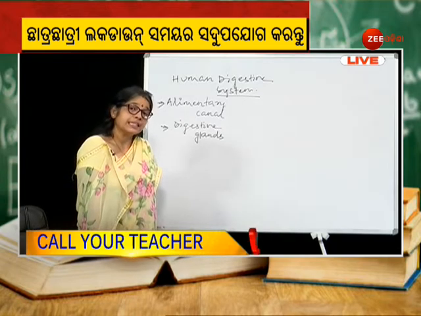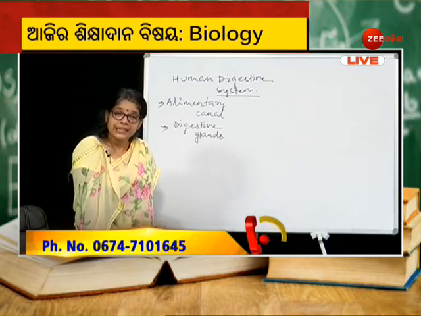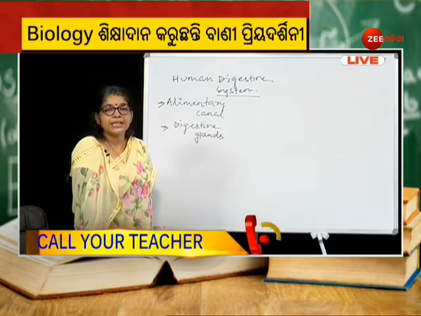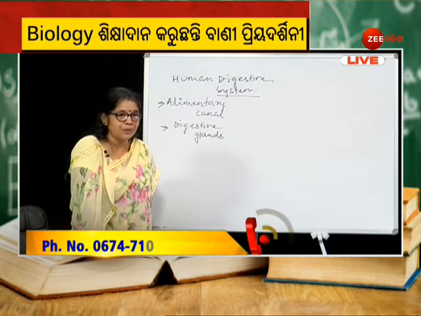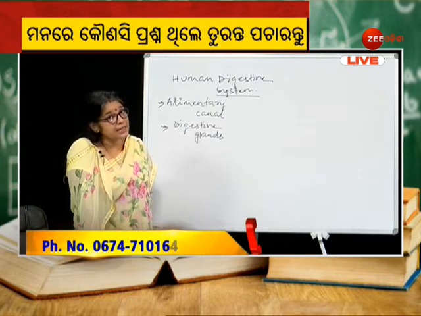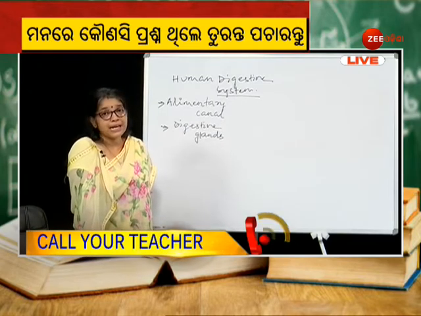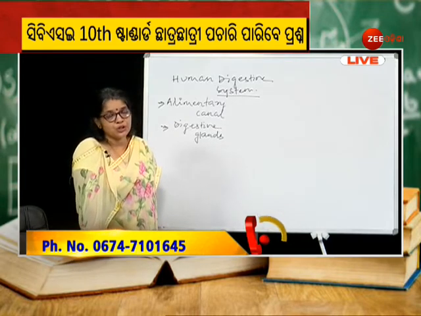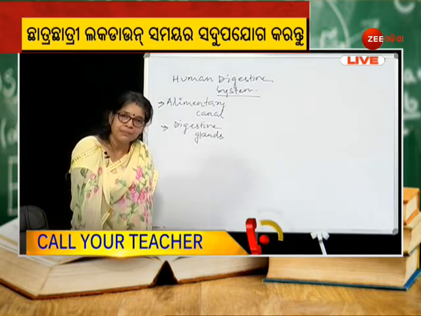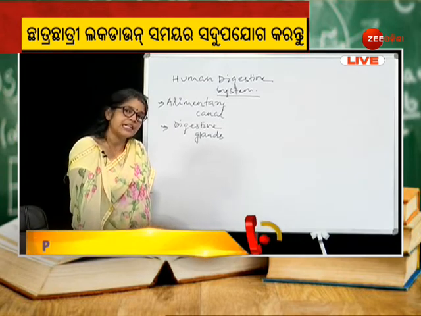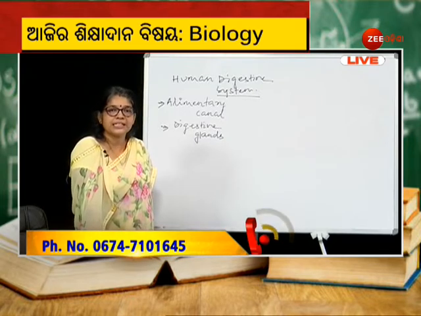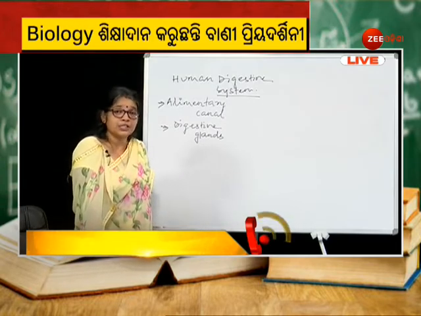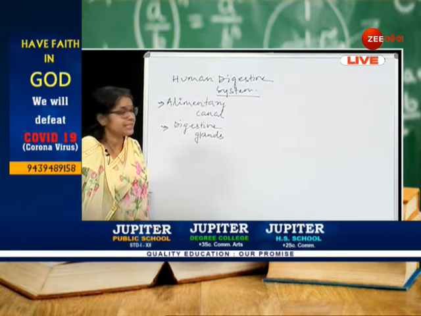So in our case, the digestive system is complete, and the digestive system is said to be incomplete where the alimentary canal has a single opening. For example, in case of coelenterates, the mouth serves as both mouth and anus, because through the mouth the food enters, and through that same mouth the undigested food materials along with the excretory materials are removed. Similarly, in case of platyhelminthes, the digestive system is the incomplete digestive system.